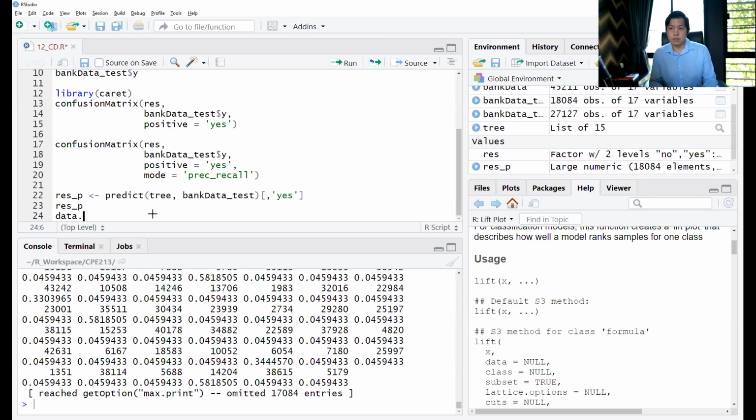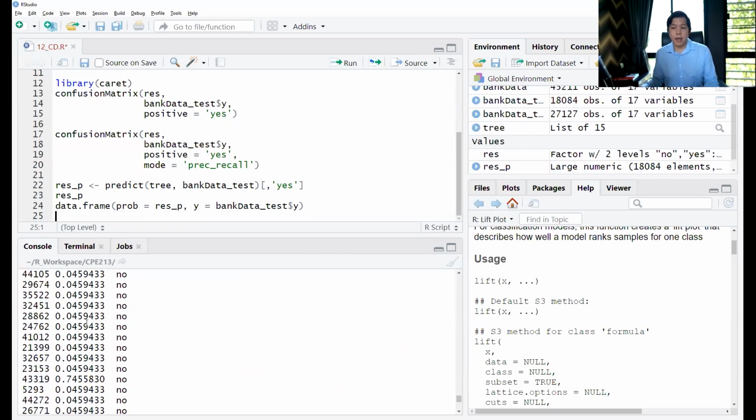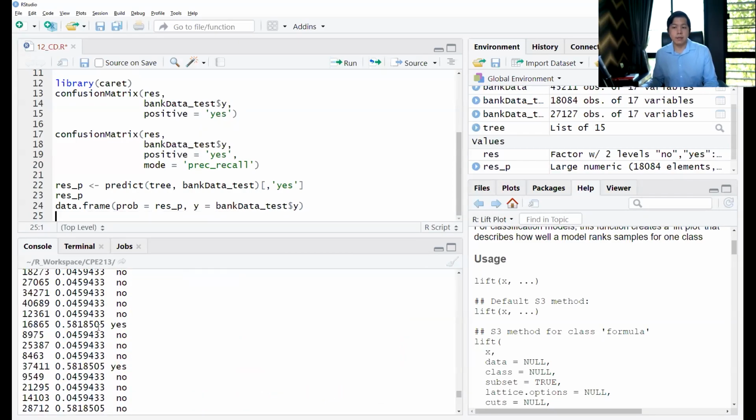If you use data.frame, the probability that we want is actually the result, and the class y is the bank data test and y, and this data frame would look like this. It would pair the actual class and the probability so that you can rank the probability to see the actual class will occur. I will call this the lift result,